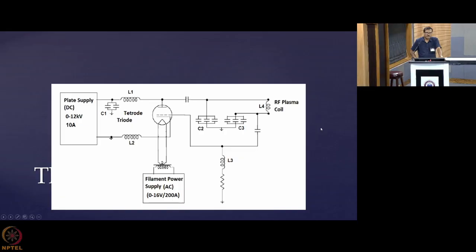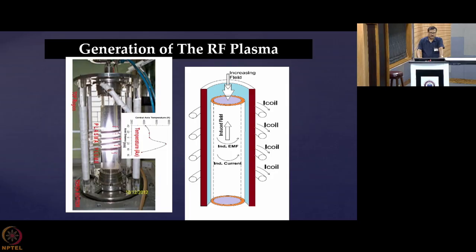So I will tell you, there is an oscillator. Basically some of them are tube based and some of them are solid state device based nowadays. So basically what you need is to create an oscillator. Here it is a Colpitts kind of oscillator. Those who are familiar with electronics know how the Colpitts oscillator works. So what we actually need is an oscillator which will drive the current at such high frequency. So this is the coil that I have shown here.